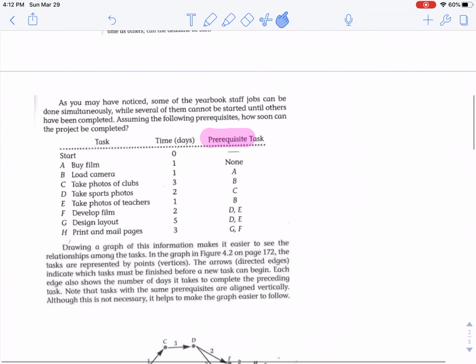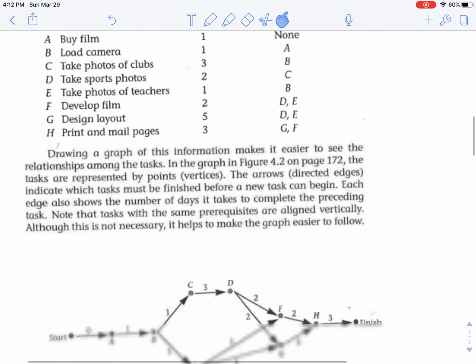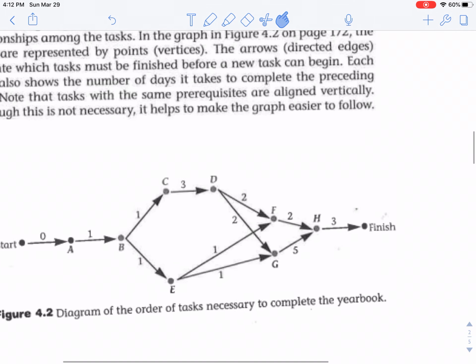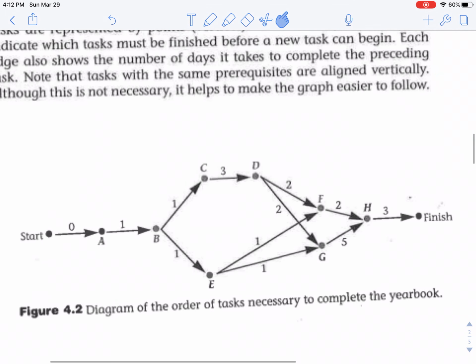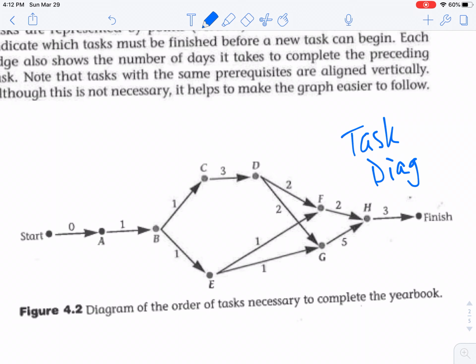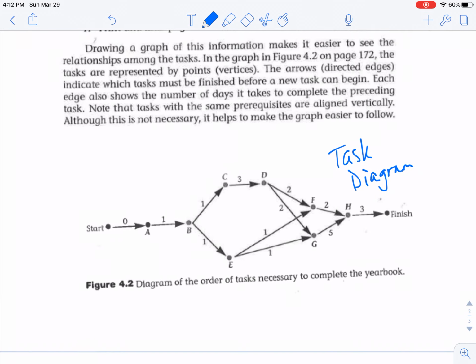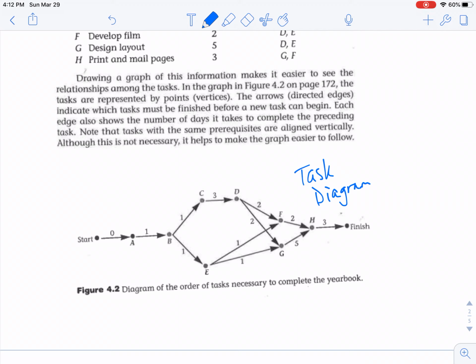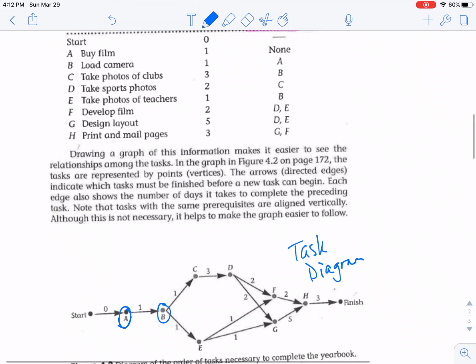So you will usually see these problems laid out in a graphical diagram like this. See this diagram? This is called a task diagram. Okay? Task diagram or a task map. You could call it whatever you want. But it's like a flow chart that lets you know which tasks you could do before proceeding to other tasks. So like you could start with task A over here, and then you go to task B, and then from there you could either go to C or E, because if you look at up here,